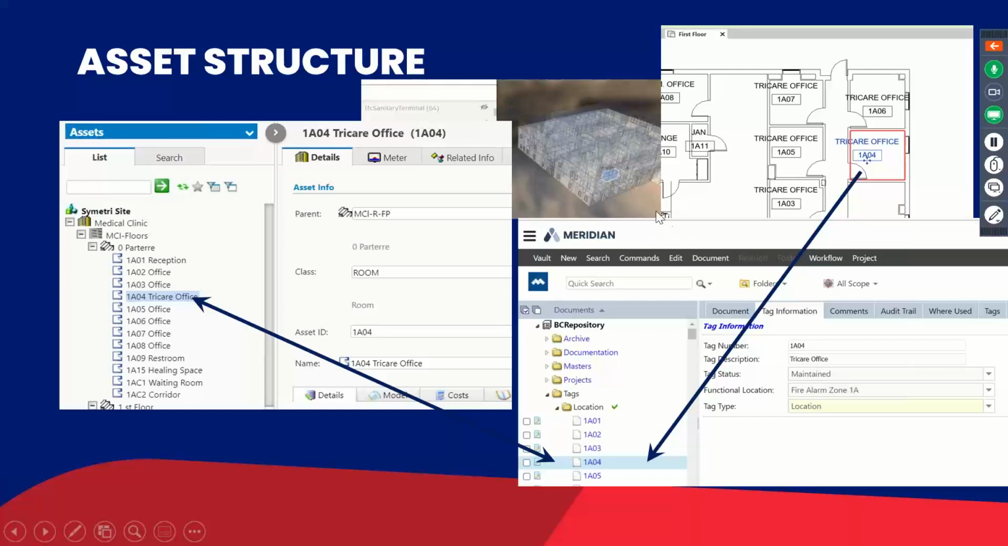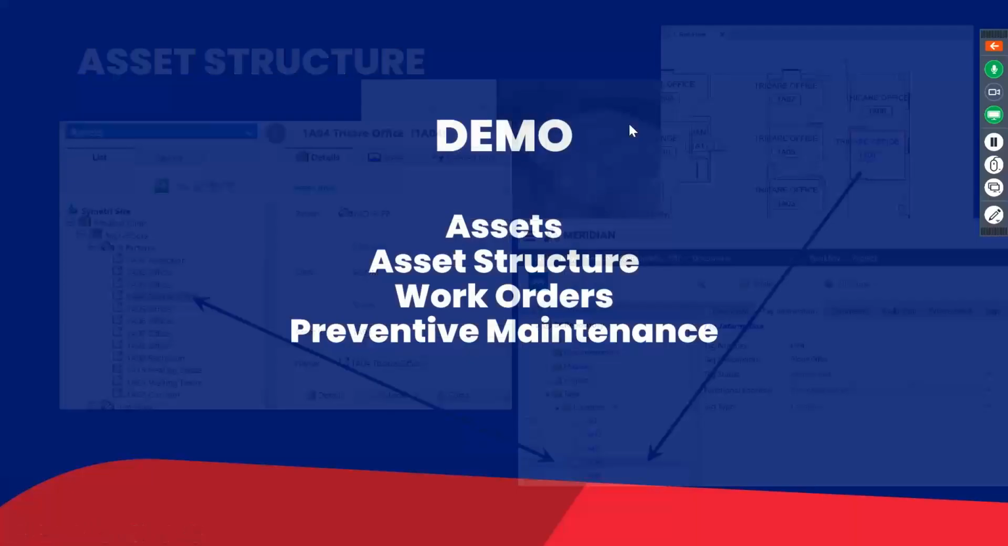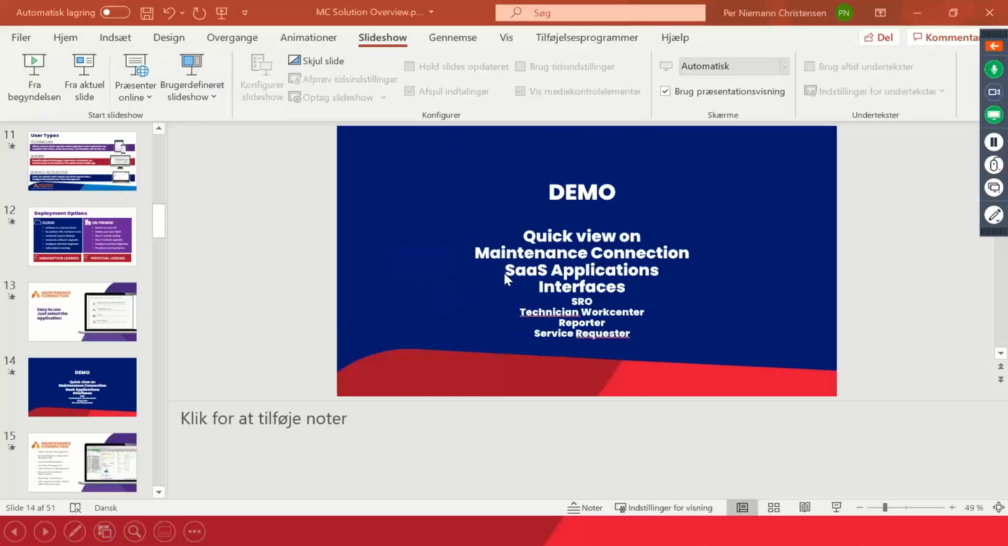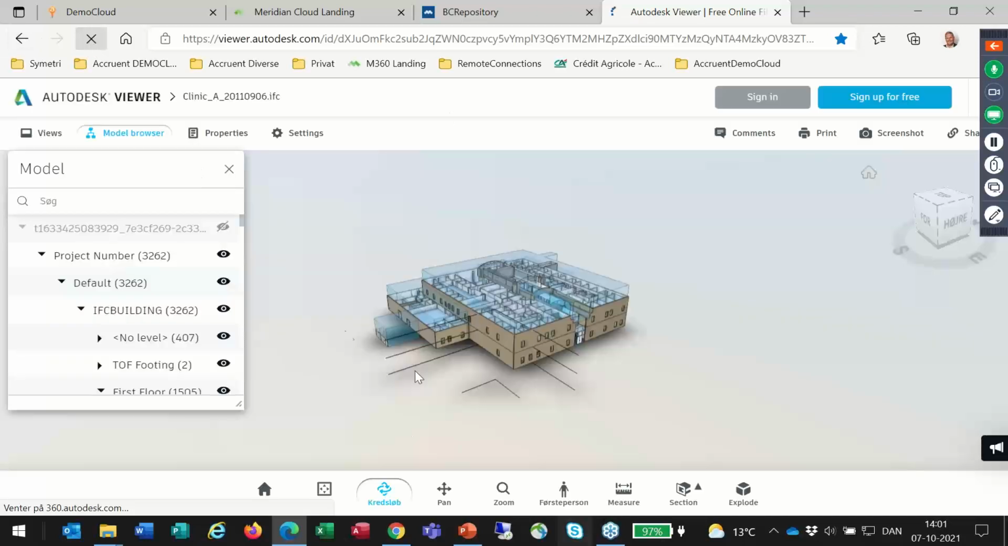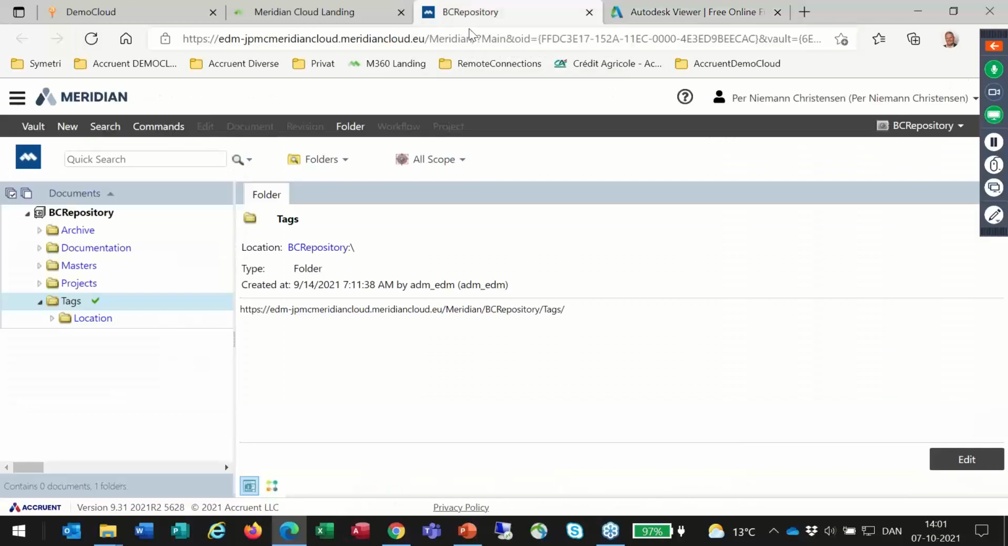By the way, in Meridian you will be able to open your 3D model in Autodesk Viewer Forge, where you will browse around the modeling and the model structure. I'll show you this in a minute. Right now, actually. So I will start up actually in Meridian,